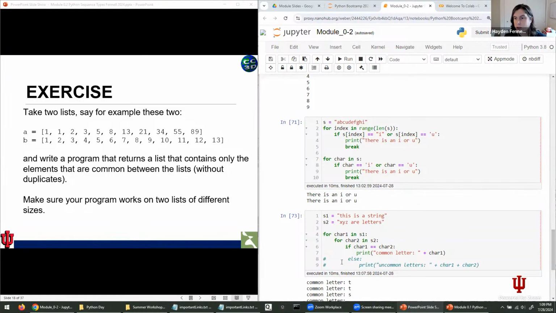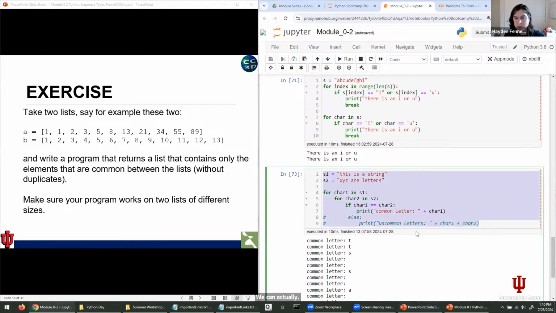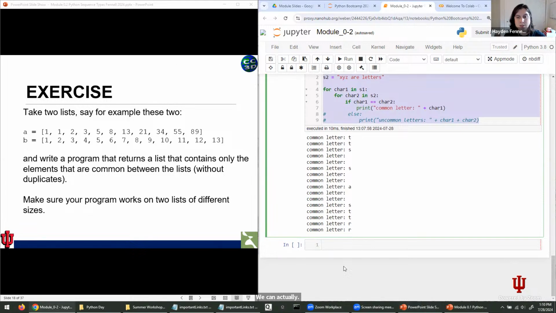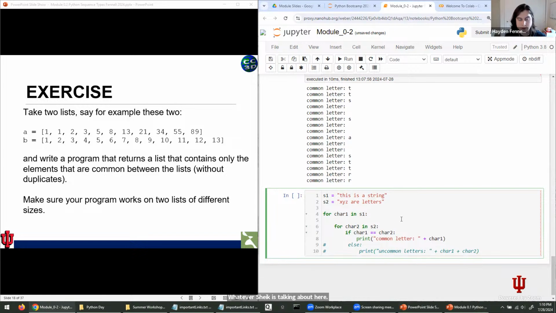So Abhishek asks, how do we not count the spaces while comparing? We can actually, let's do a quick example of that. So go ahead and get started on this loop exercise. I'm going to demonstrate what Abhishek is talking about here. One easy way is you say if character 1 equals space,